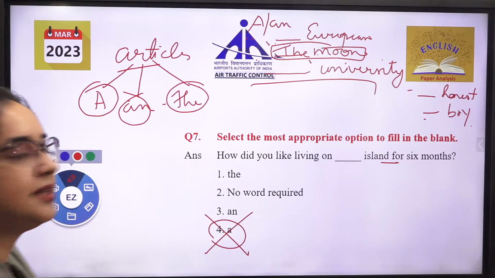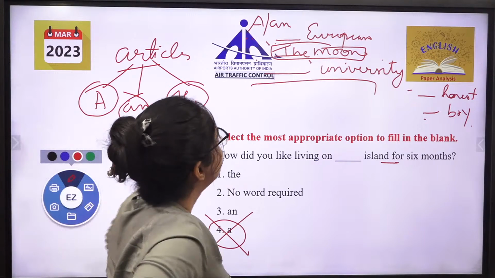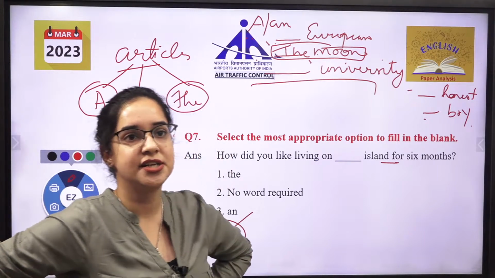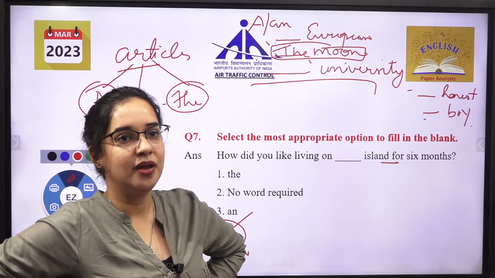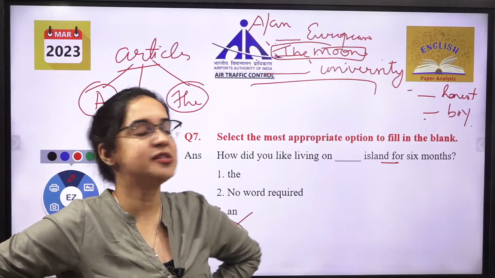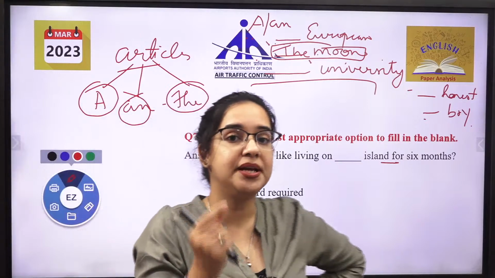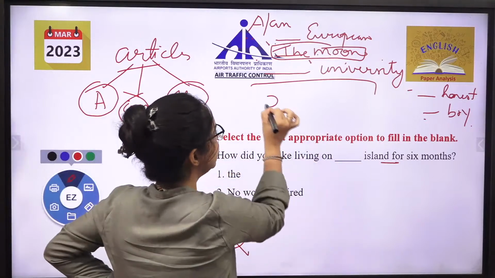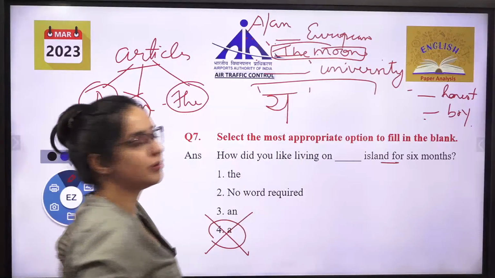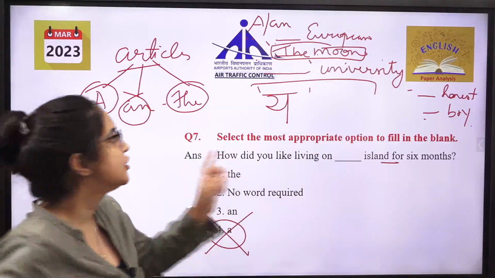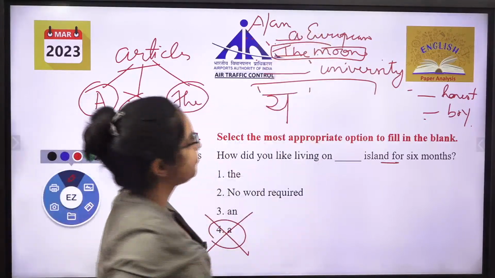The, and a. Okay, good. Next, a European. Okay, good. Sandeep is with an European. Now see, this is a mistake which you guys commit. European की sound किसकी आ रही है? य की sound है. This is the sound. अ की sound नहीं आ रही है. So it will be a European.